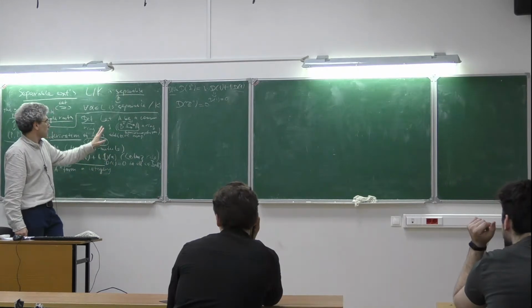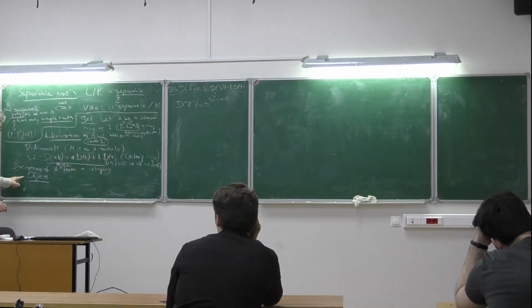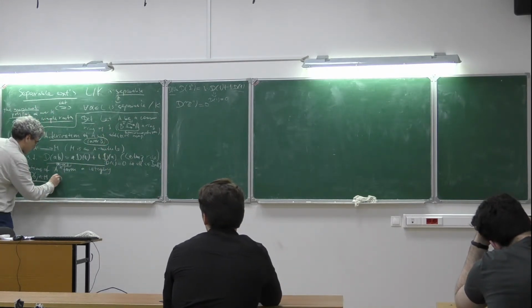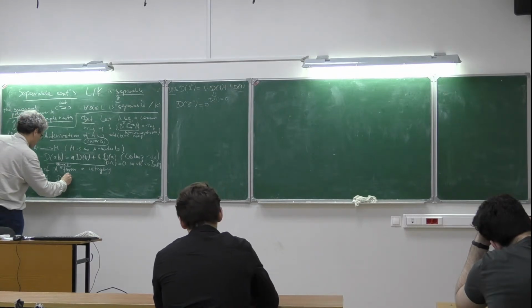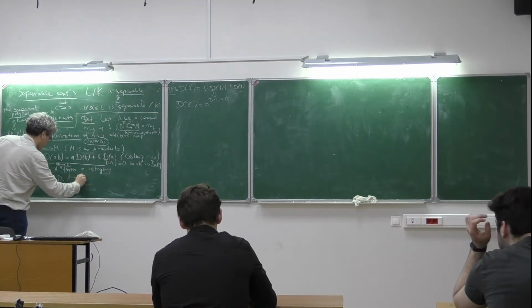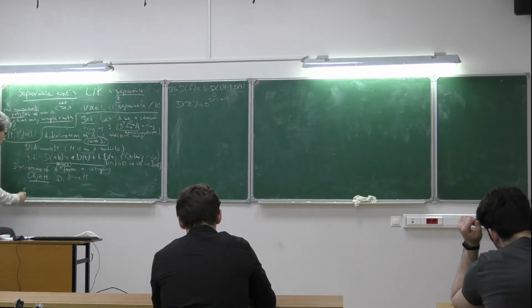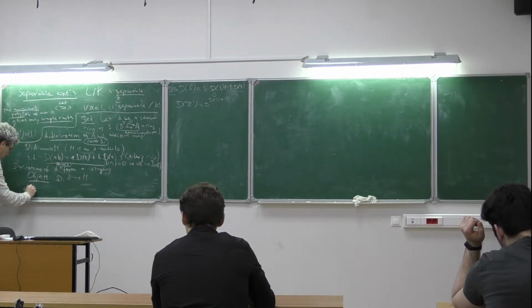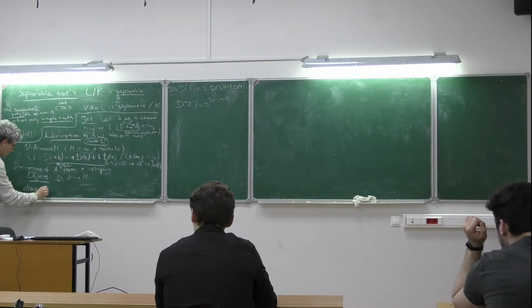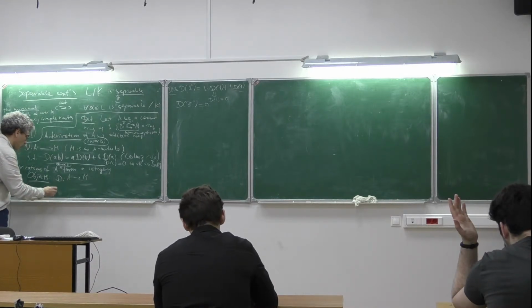So the objects are just derivations from A to some A-module, and the morphisms: if we have a pair of derivations, then a morphism